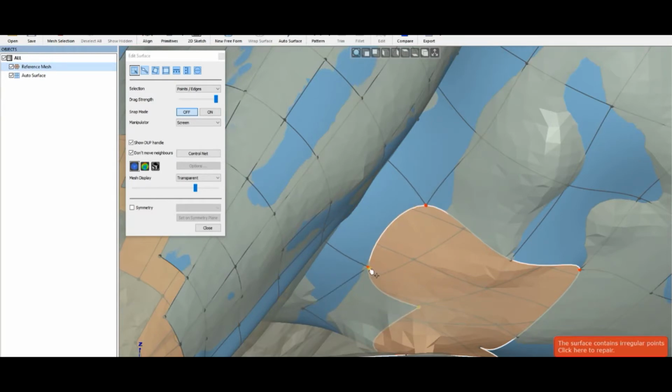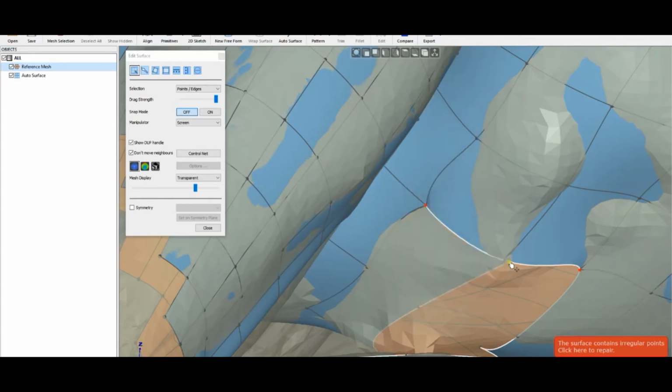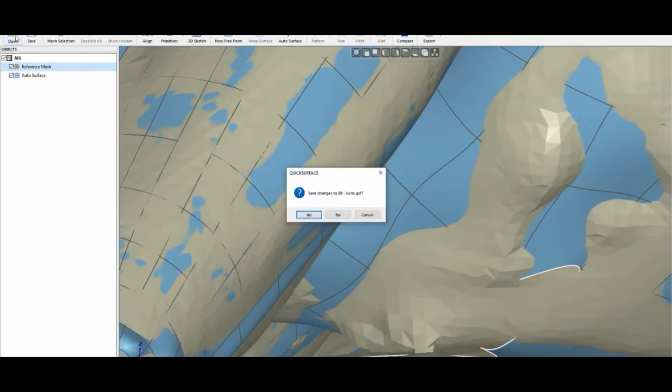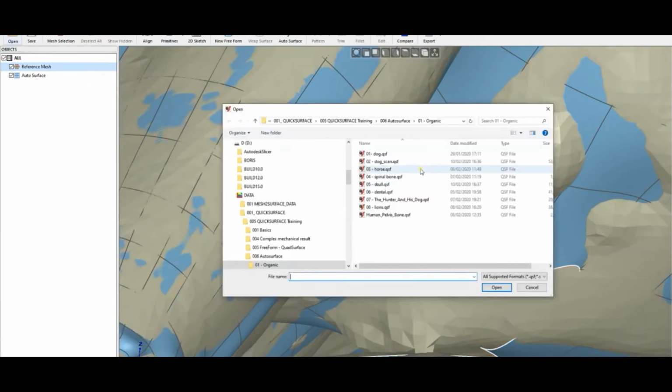Again, I will just hold the Alt key, and we'll take this in such a way that you can close the shape and create a solid body. You can continue doing this, and we can move now to the next file, which is a